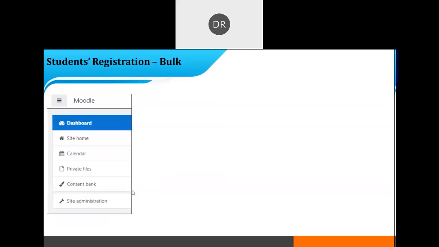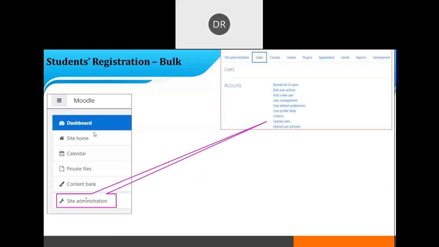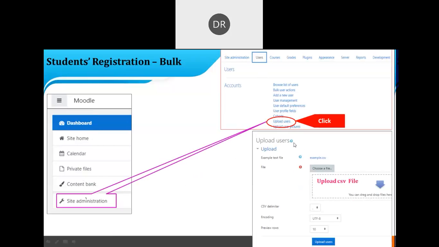So first of all, again go back to the dashboard. Then site administration, again scroll down at the bottom, you will find the site administration. And in an earlier slide, I have shown you the different tabs under the user. So here, upload users. Okay, so click on this upload users, and a new window will open requesting you to choose the file.